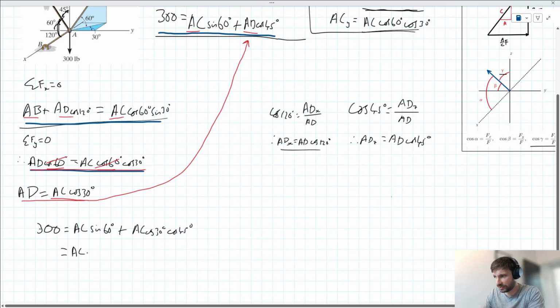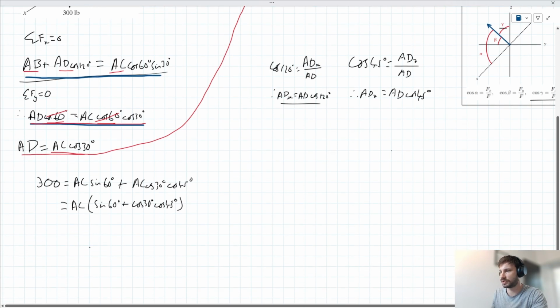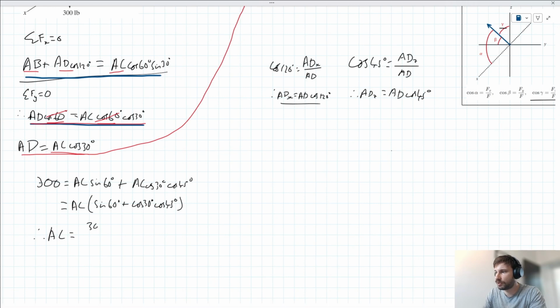We can say this is equal to AC brackets sine 60 plus cos 30 cos 45. And we can then divide both sides by this bracket to just leave AC as the subject. I'm just going to scroll down here. So we can say, therefore, AC is equal to 300 over, let's just put this in brackets to be clear here, sine 60 plus cos 30 cos 45, which when we bung in our calculator gets us a value of